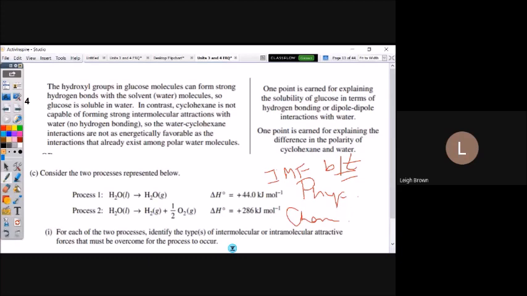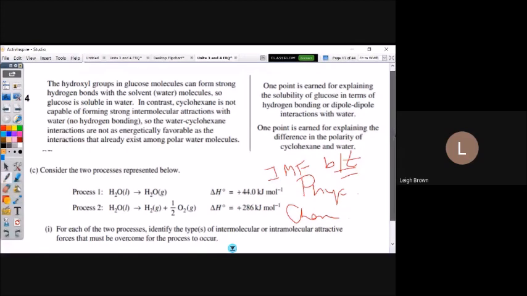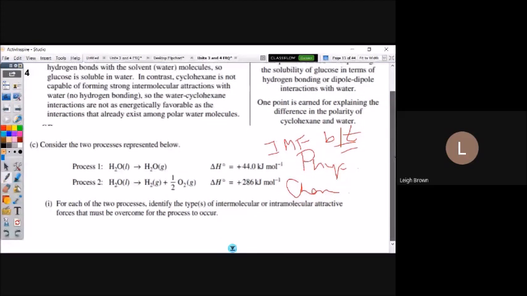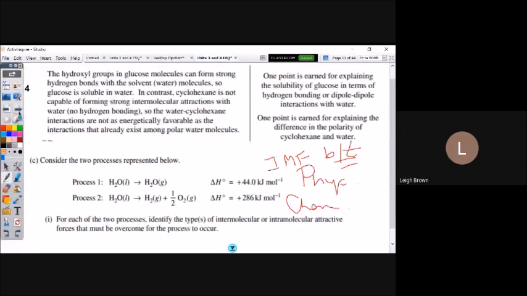And then for process 2, hopefully you would say covalent bonds. And when I gave this on a test, my students for process 2 said covalent bonds, and then they listed the IMFs as well. Not necessary. All that you need to mention for process 2 are covalent bonds. Mentioning everything sounds like you don't know what you're talking about and you're just writing everything you can think of. They're only looking for you to write an intramolecular answer, covalent bonds, for process 2. Okay, moving to the next part of this.